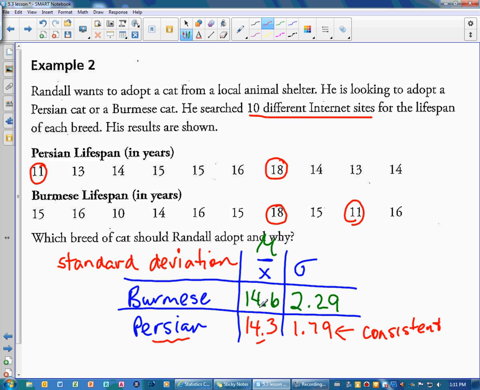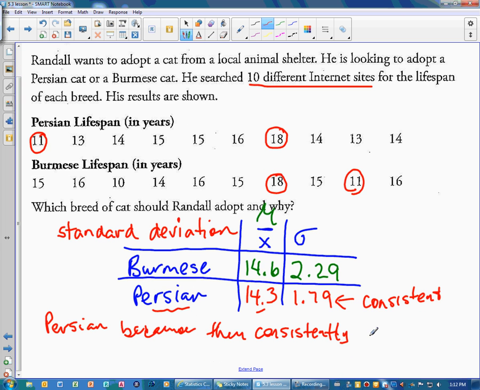Well, you could say Burmese because on average they do live longer, but it's not a lot longer. I would say the Persian because they consistently live an average of 14.3 years. So yes, you could argue that the Burmese lives longer, but you've got way more of a